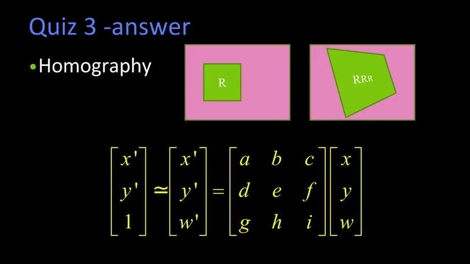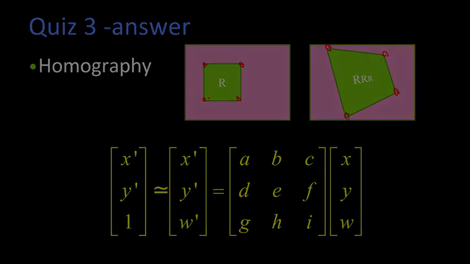I can scale all those entries in the matrix by a constant, and when I map it back out to the non-homogeneous coordinates, when I divide it out, that scale factor goes away. So there are 8 unknowns, 8 degrees of freedom. Again, I can take 4 points, the 4 points of a rectangle, plop them down here. They don't have to be 4 points of a rectangle, it's just easier to see. And once I've mapped 4 points to 4 points, assuming I don't have any weird degeneracies, then I could compute